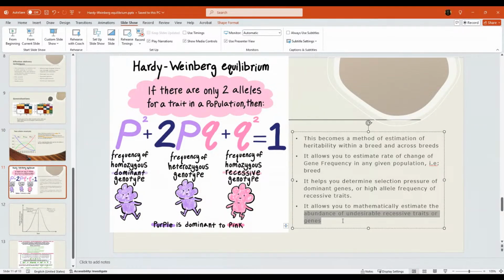So if you can get an Embark test for an undesirable trait, you can breed it out by calculating. I'm not going to show you how to calculate, but take my word for it. You can calculate how to remove an undesirable trait in a breed, but somebody has to be the steward of the breed and agree to do that. You cannot do it in an individual yard, but you can get a feeling for it if you have enough dogs. By that I mean at least 100 dogs.